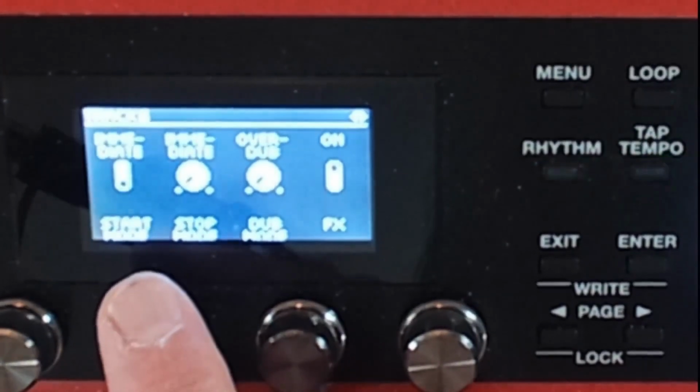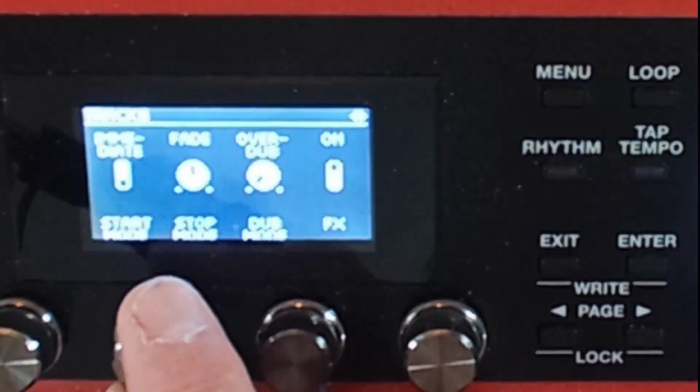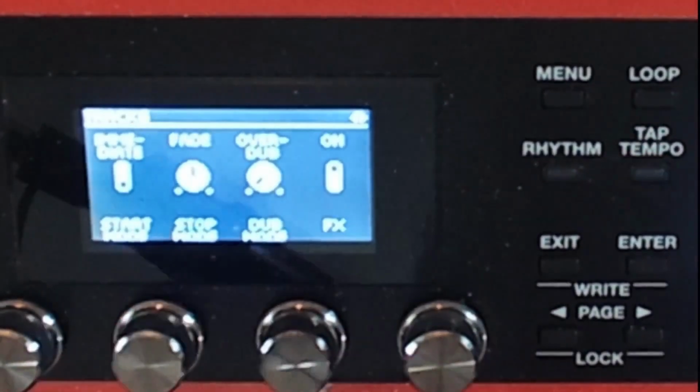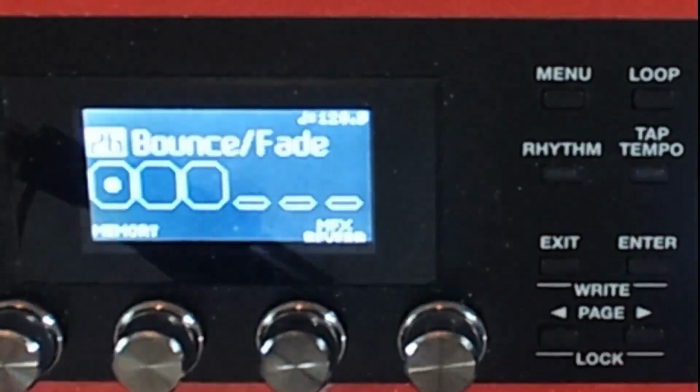Immediate stop when you hit the stop button, fade out when you hit the stop button, and I've already set it for 8 measures, or I can have it stop at the end of its loop after I hit the stop button. And of course you want fade. So now that is all you need to do to cause track 6 to fade out after you've told it